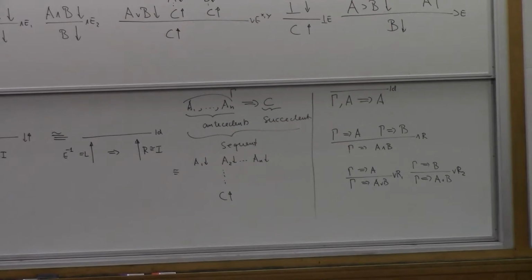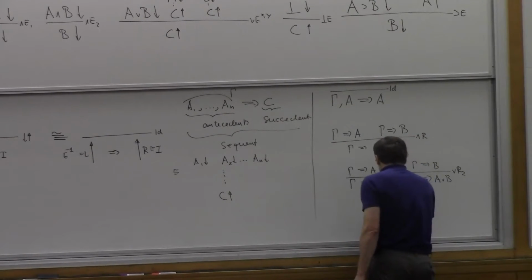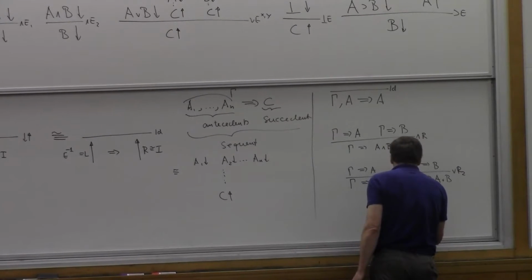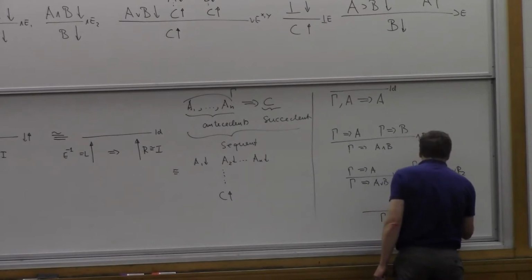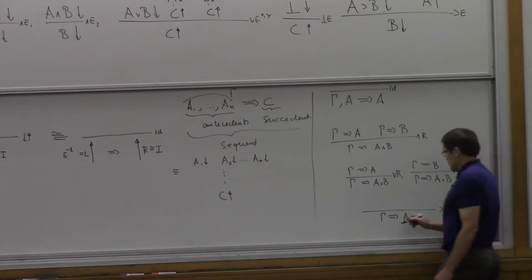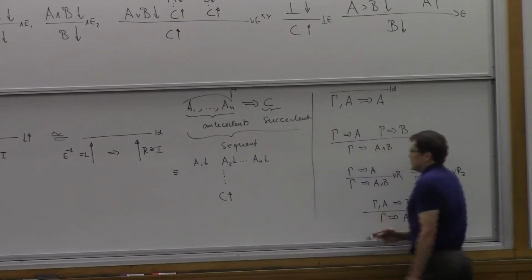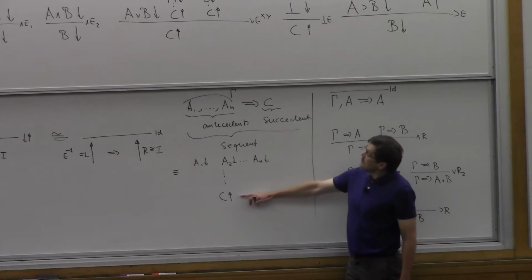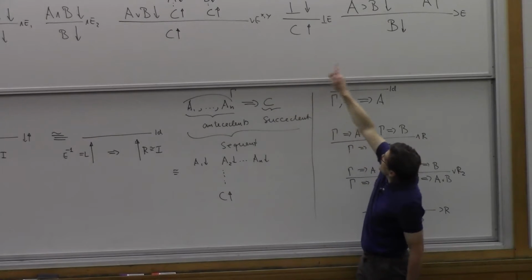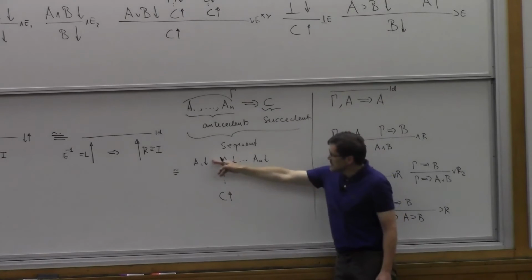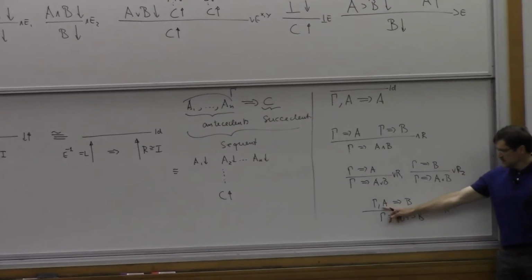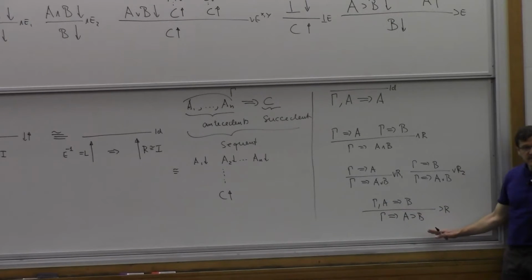Since we're on the right rules, what's the right rule for implication? Anybody have a suggestion? Yeah, right. So gamma together with A proves B. That's because when I use the implication rule in the verification, I'm allowed to assume A, so it gets up here, which means that in the sequent it ends up on the left-hand side as something I can use. Everyone believe that? Okay, so that's the right rule.